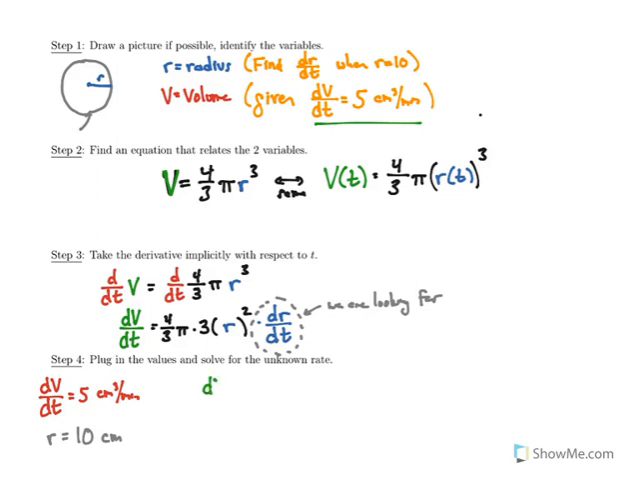So here we have dV/dt is going to be 5 equals 4/3 pi times 3 times 10 squared times dr/dt. And we're looking for dr/dt there. So we're going to divide by all of that. We'll do some simplification real quick. We have a 3 in the denominator, a 3 right there. 10 squared is 100. So this is all going to be written as 5 equals 400 pi